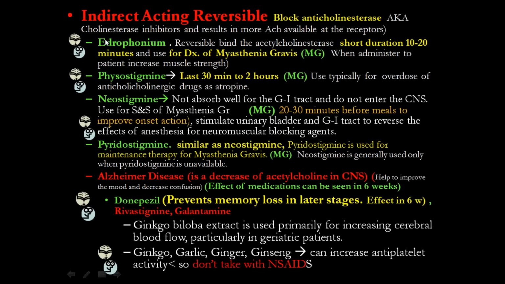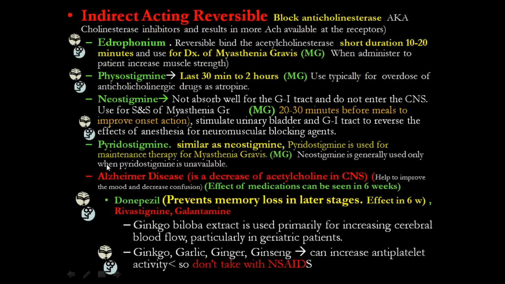Okay, so now there are a few things that we need to remark about the other medications. We have myasthenia gravis. Myasthenia gravis, as I mentioned at the beginning, we are going to classify, for example, Parkinson disease as central nervous system. The problem is in the central nervous system, in the brain, right? So that is Parkinson. But myasthenia gravis is in the peripheral nervous system. So that is a big difference. Myasthenia gravis causes flaccid muscles. You cannot contract muscles, so the muscles are relaxed all the time. That is going to affect especially the diaphragm, which can produce respiratory arrest. So myasthenia gravis is going to be treated mostly with